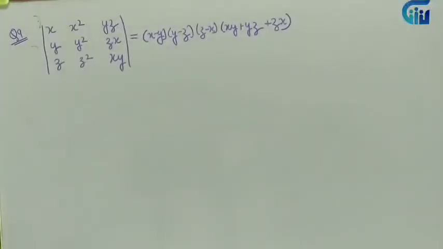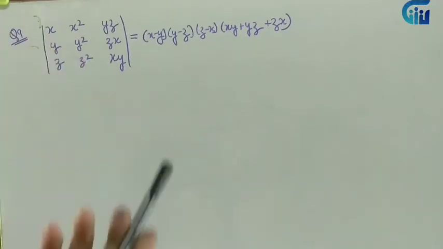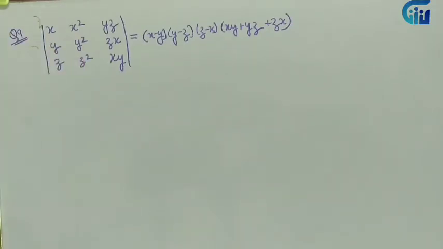Question number 9. So now what do we observe? Now let's see for the other questions whether the criteria or the strategy that we applied is going to work for this question. So what was the strategy? Can we take anything common? Are we getting anything common from here? No. Over here? No. Similarly, I don't have any 1 present over here, so I cannot subtract directly and make 0. We have to remember, ultimately we have to make zeros and we have to apply 2 operations before expanding.